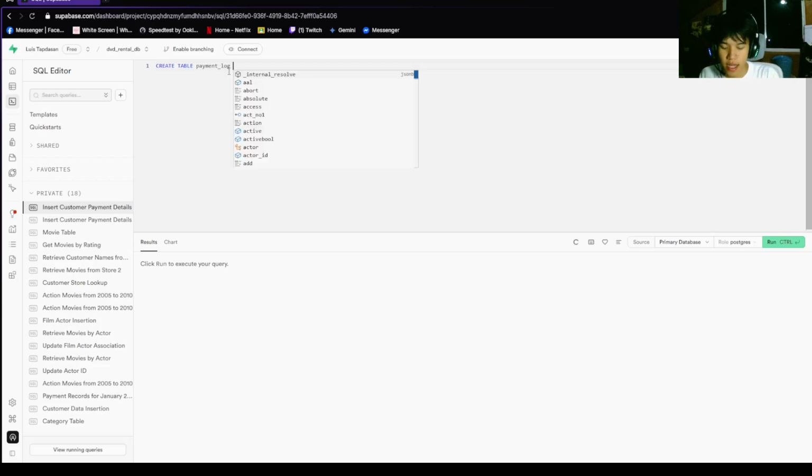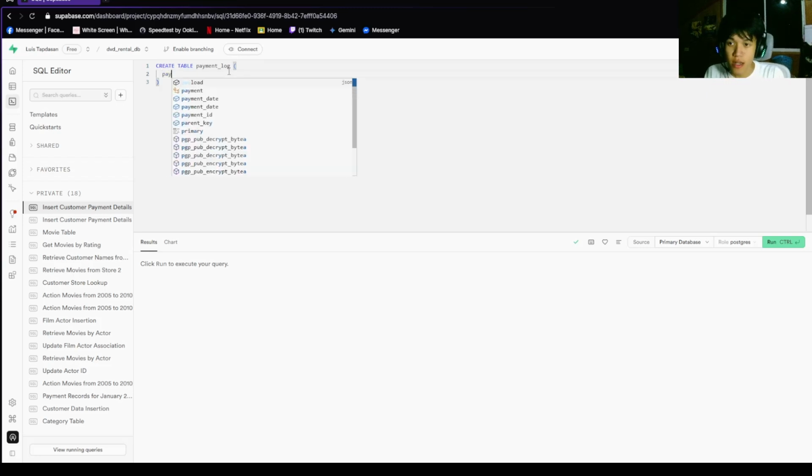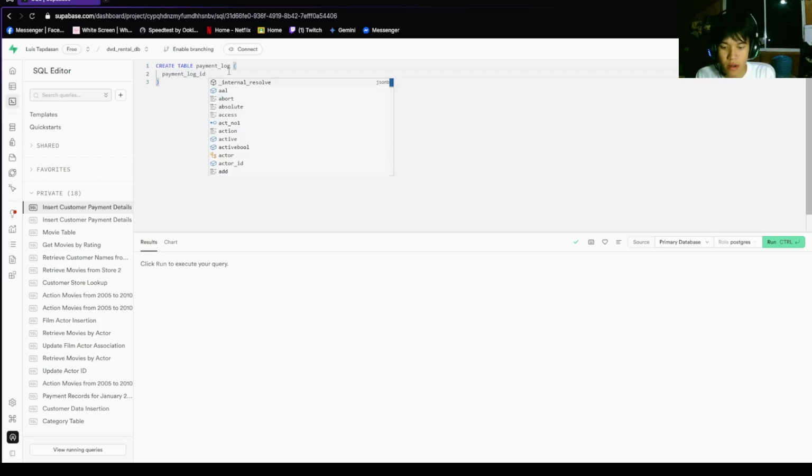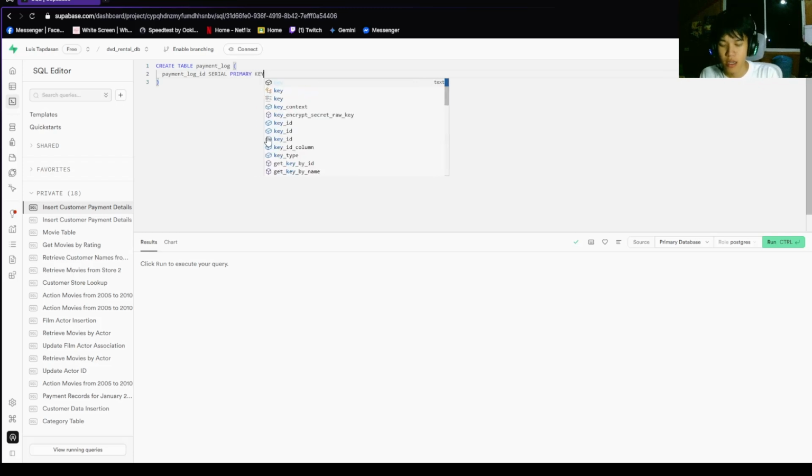Payment log ID is going to be a serial, and we're going to add this as the primary key, and we're going to use it as not null.